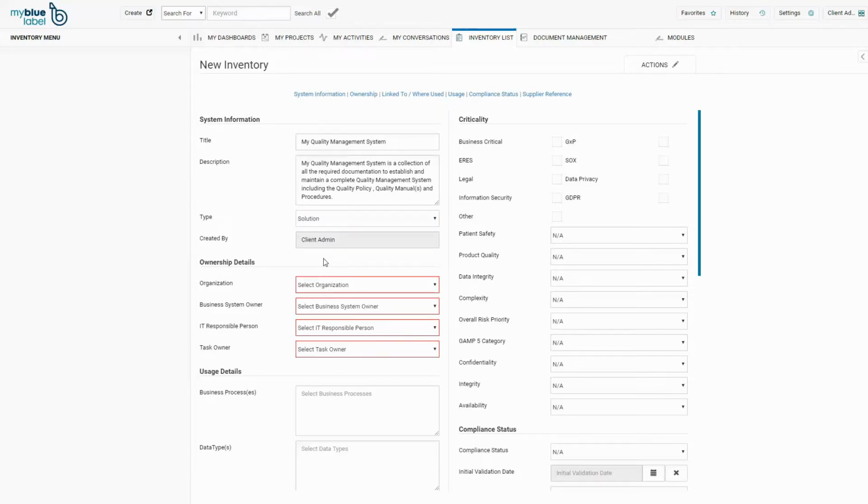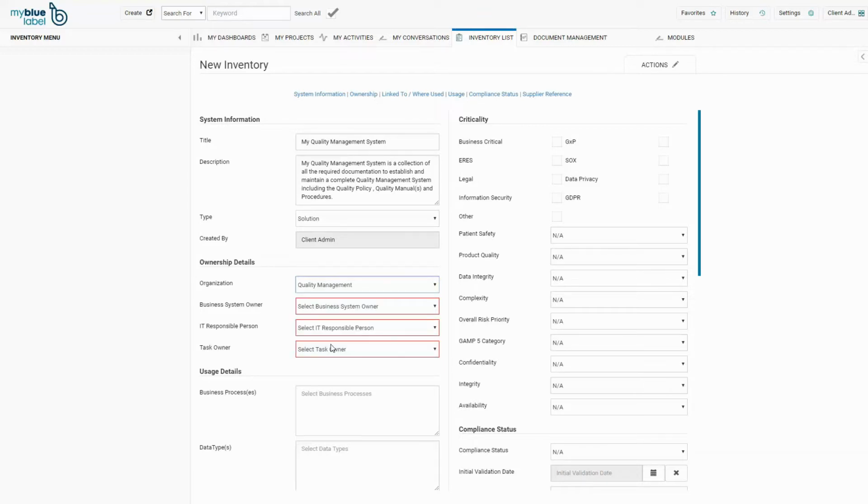In the organization, please notice I can select the 3 organizations which we created earlier. If I try first to select Business Solution, I cannot select Business System Owner, IT Responsible Person, or Task Owner, since we did not allocate any users to the organization in the previous video about creating users. Therefore, I select the Organization Quality Management.